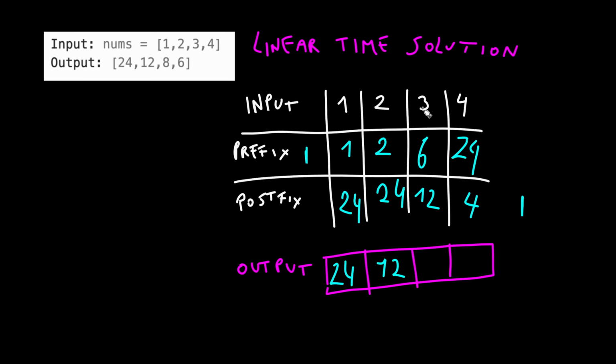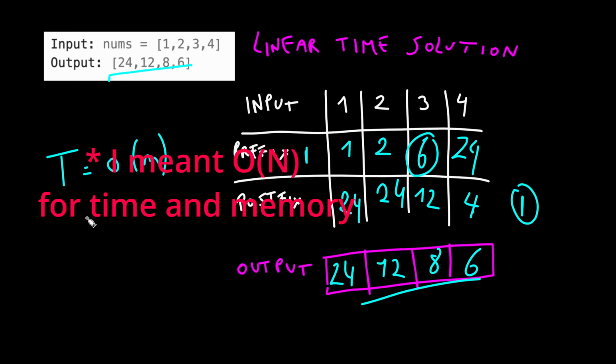For 3, we want the prefix of 3, which in this case is 2, and the postfix, which is 4. So 2 times 4, 8. We reach 4. We want the prefix of 4, which is 6, times the postfix of 4, which in this case is this one. So the output is 6. And we can verify that this is the same as our desired output. The time complexity of this solution is actually O of n, and the memory complexity is O of n as